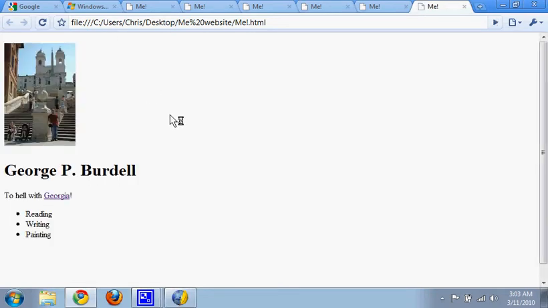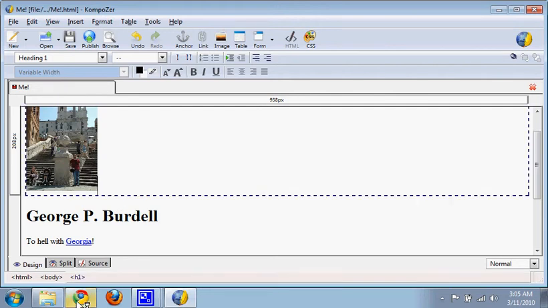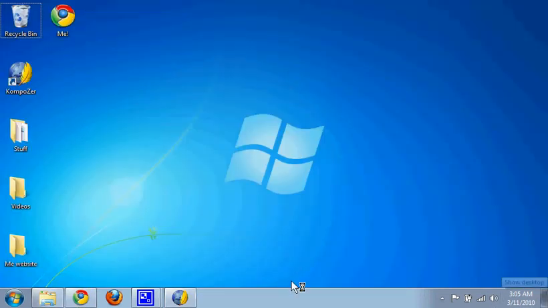For larger websites, it gets a little unwieldy to keep everything in one folder. Let's say you have a 10-page website, each page has 4 or 5 pictures on it. All of a sudden, that folder gets very, very cluttered, hard to keep track of things. Now, for, say, smallish to medium-sized websites, a good solution is to create subfolders. Probably the easiest way of doing this is to first create a subfolder. Go to the directory where the website is, Me Website,